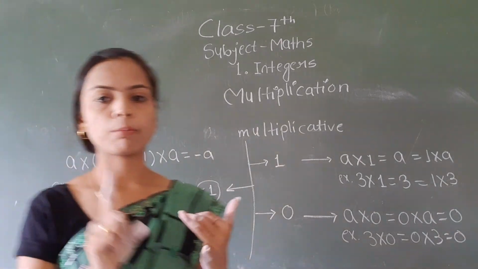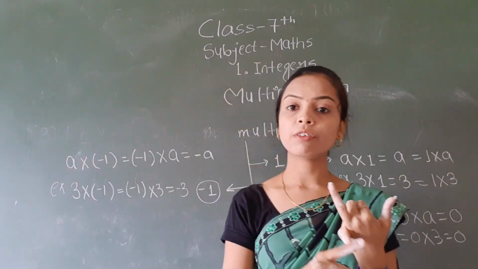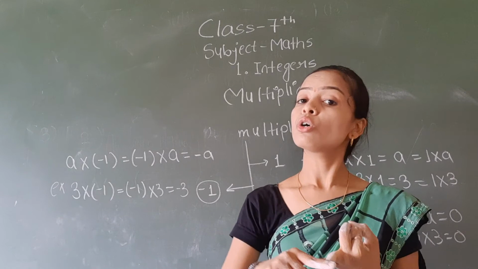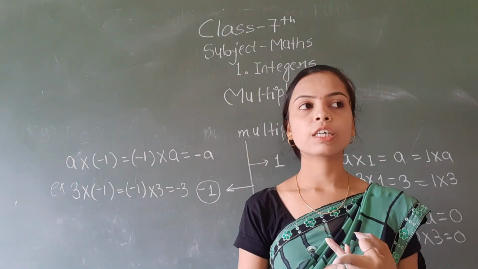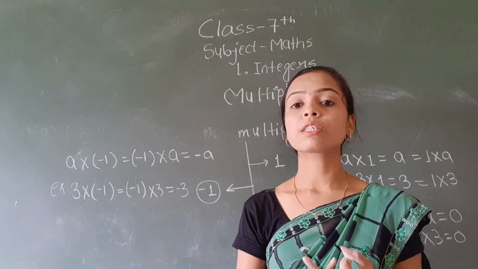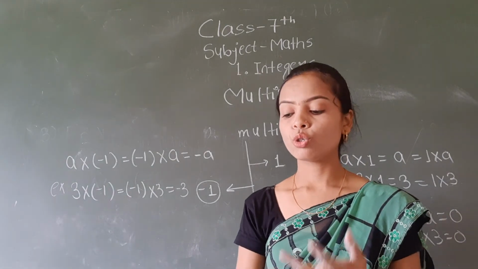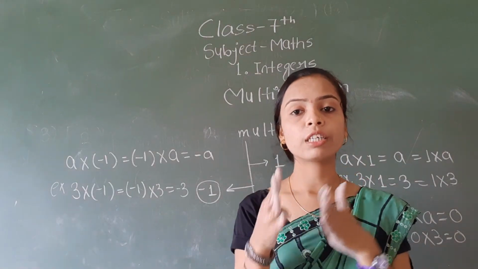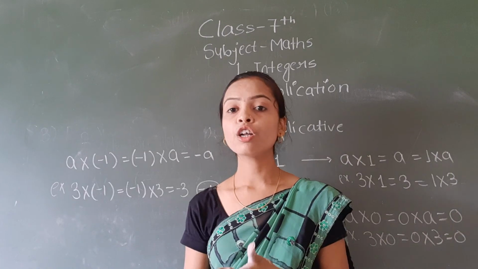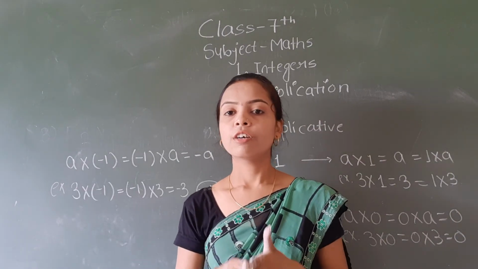That means अगर हम किसी नंबर को 1 से मल्टीप्लाई करते हैं तो हमें आंसर में अगेन वही नंबर मिलता है. 0 से करते हैं तो 0 मिलता है और अगर -1 से करते हैं तो वही नंबर मिलता है लेकिन विद सिंबल माइनस. Okay, the remaining properties we will continue in our next lecture. For today's lecture, it is it. Bye.